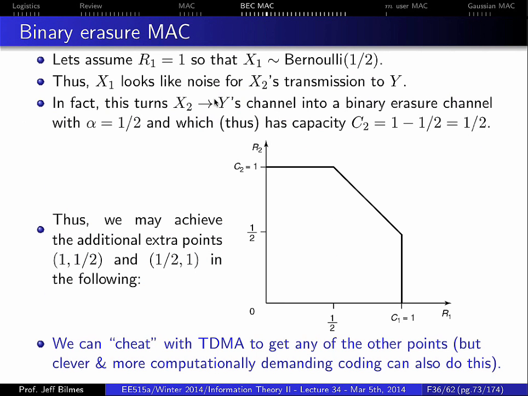And now not only are we in the MAC case, we're in the binary erasure MAC case. And in the binary erasure MAC case, it happens to be a polytope. That doesn't violate the theorem, it's just that we're in a further specialization of the MAC, the binary erasure MAC. If we generalize to the MAC, we've got the convex closure theorem that we still need to prove. And if we generalize further to non-MAC channels, like I said, it's still